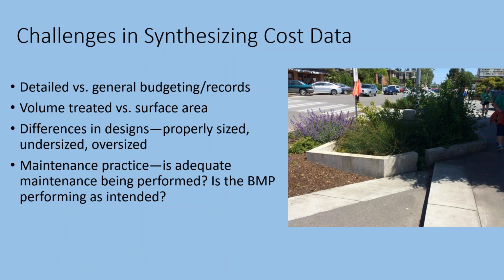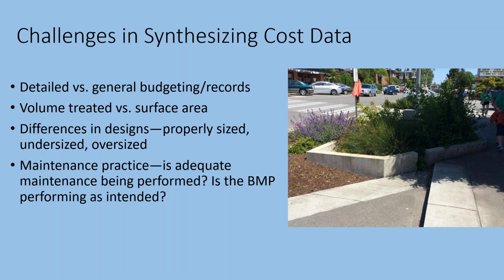So some of the challenges that we had in the data sets that we got from the local governments we spoke to, just a few of these, are listed here. One is that for some of them we were able to get a total annual cost for maintaining a BMP, but we may not know how many times they went out to maintain that BMP. We had some trouble getting design metrics that we could normalize these national data sets to. Some communities track, say, the volume treated, others track surface area, particularly for bioretention. And then there are some other variables that are really hard to track when you're normalizing a national cost data set.